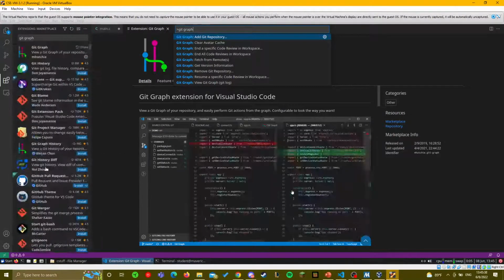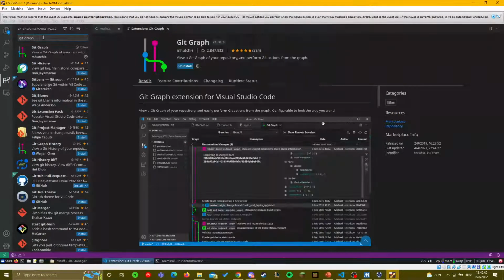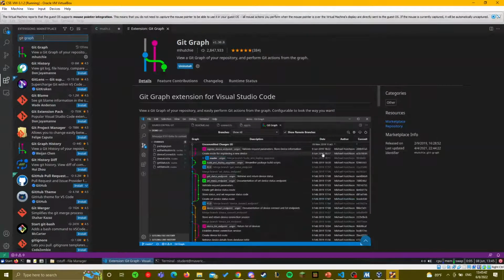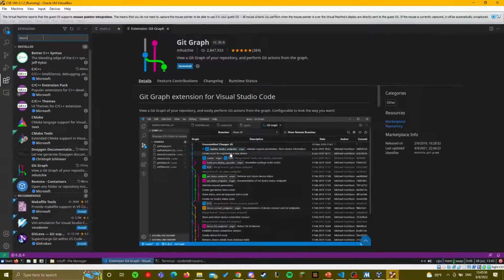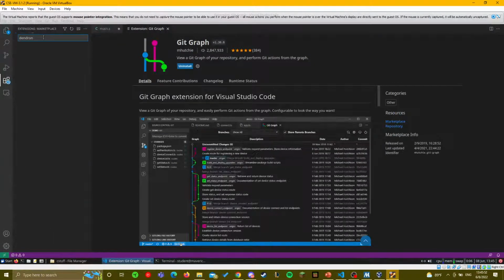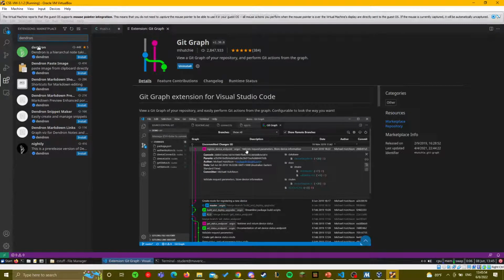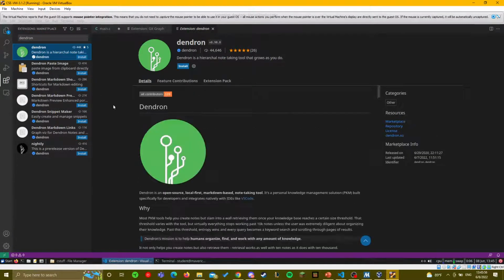One extension that was featured by VS Code is Dendron, which is essentially a note-taking extension for VS Code. It allows you to do some really interesting things, like refactoring your notes, the same way coders will refactor code.